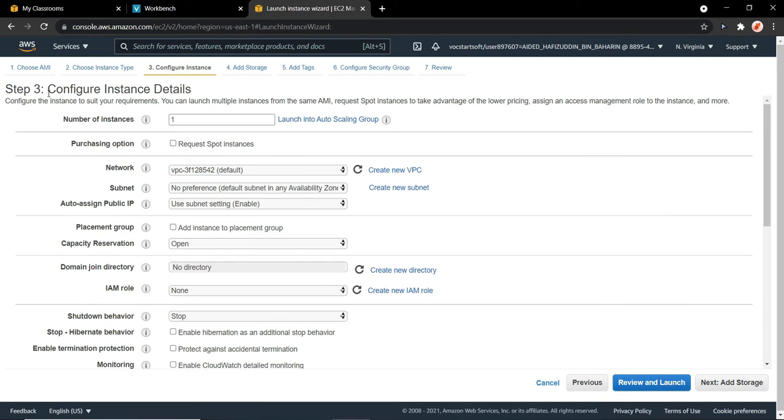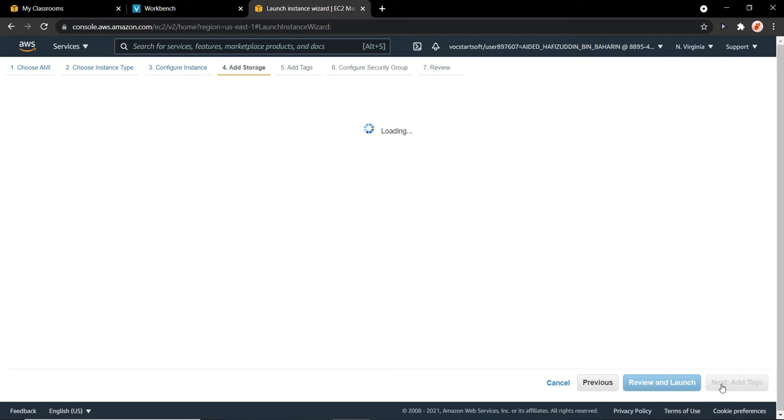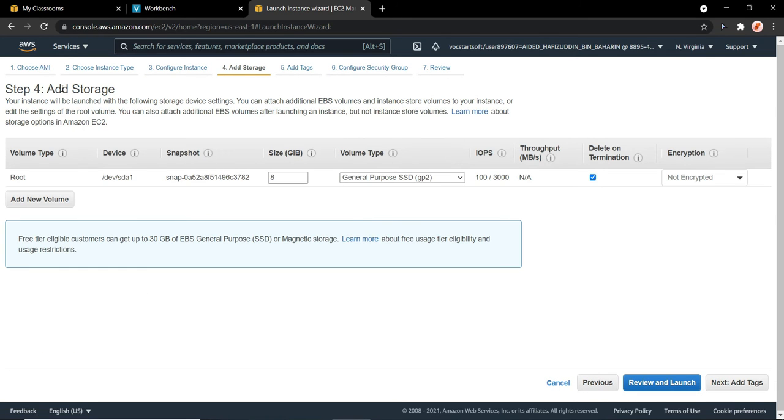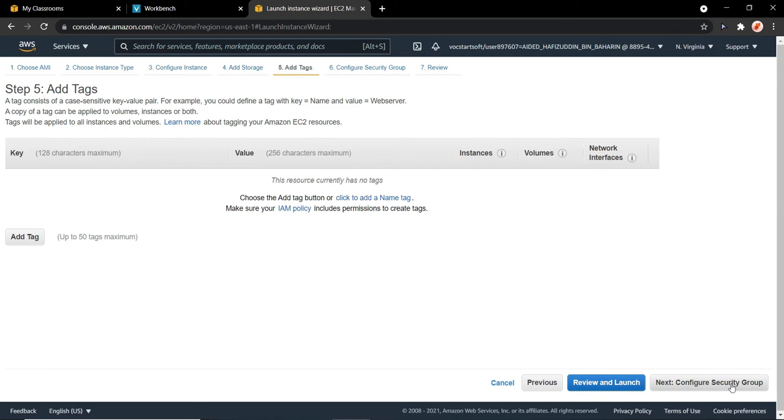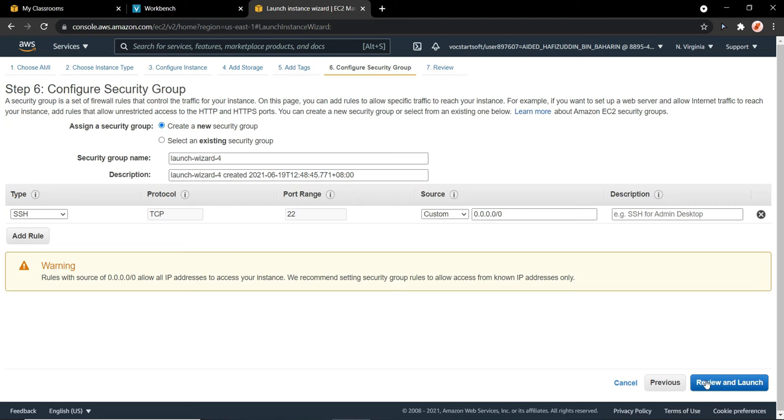For step 3, you can configure the instance details. I will just let it be the default configuration. I will click on next, add storage. In step 4, add storage, you can add the storage which you prefer, and then click on next, add tags. For add tags, you can add some tags, but I will just let it be default. I will go to next, configure security group,